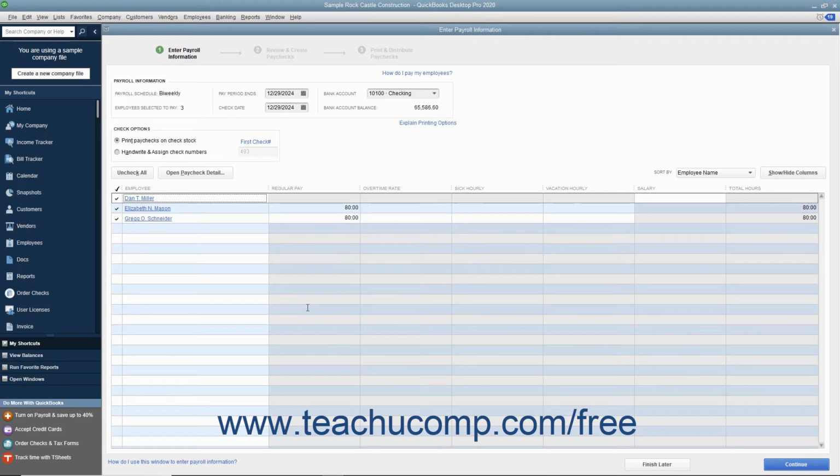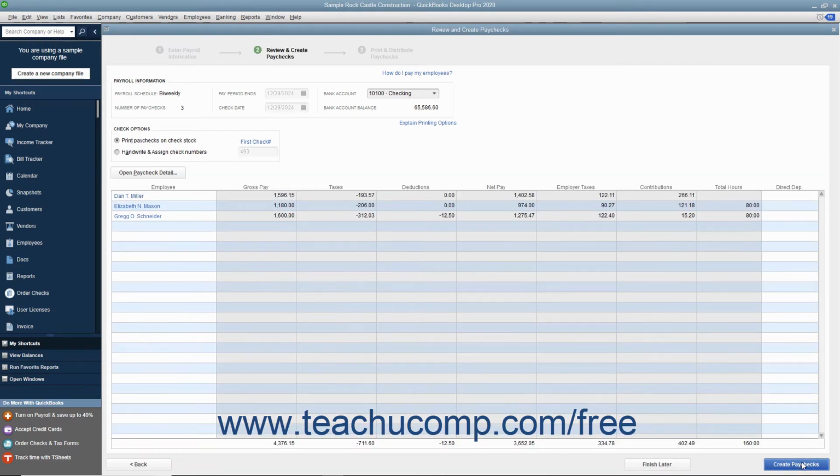After reviewing the payroll information for accuracy, click the Continue button to continue paying the employees. Next, review the summary information in the Review and Create Paychecks window. In the Check Options section, you can select the option button for Print Paychecks on Check Stock to create the